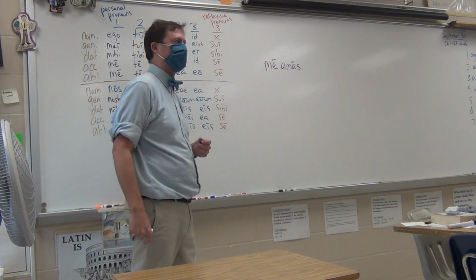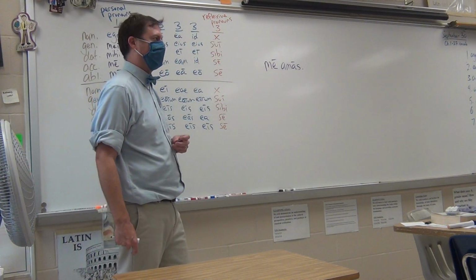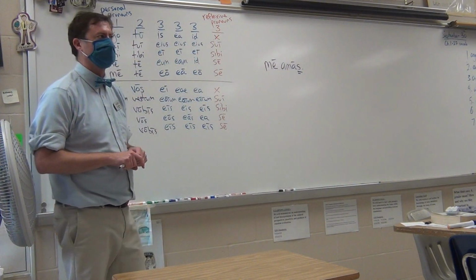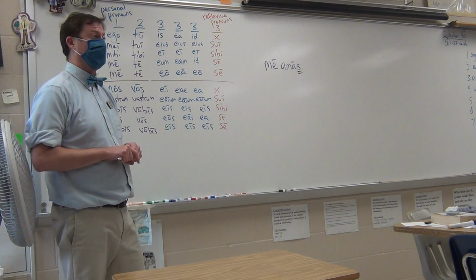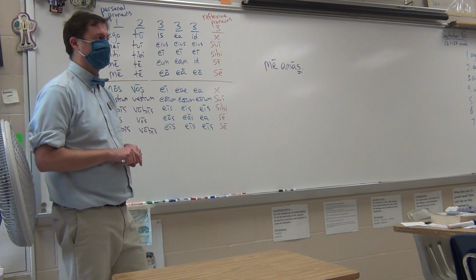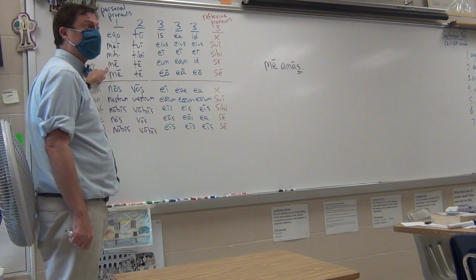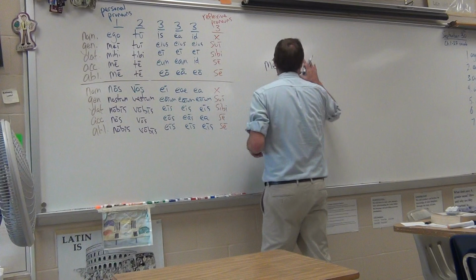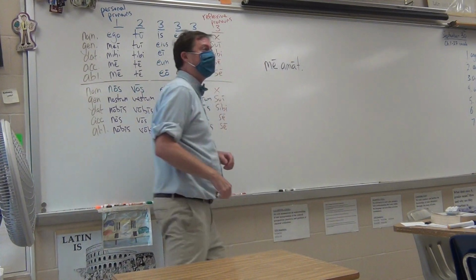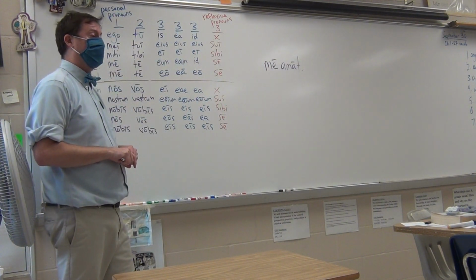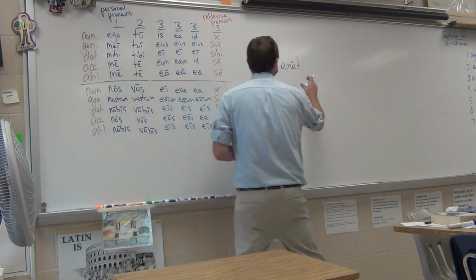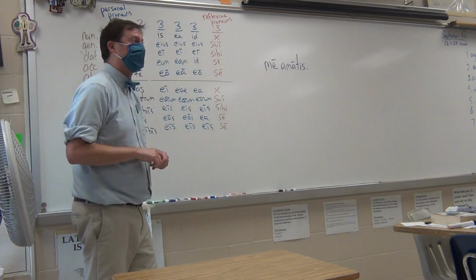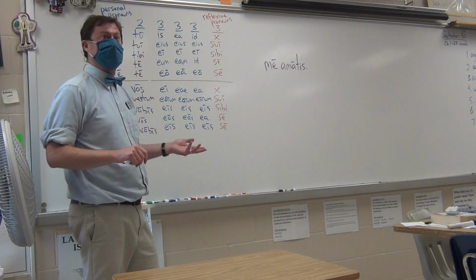Now let's think about it in terms of this. Me amas. Translate that. No, it does not say anything about I loving anybody. The subject here is given to me by the letter S. Translate my sentence, please. You love. No. Me. Yes, you love me. The personal pronoun me. Translate it now. He loves me. Isn't that right? Translate it now. Y'all love me. Does everybody see how this is working?